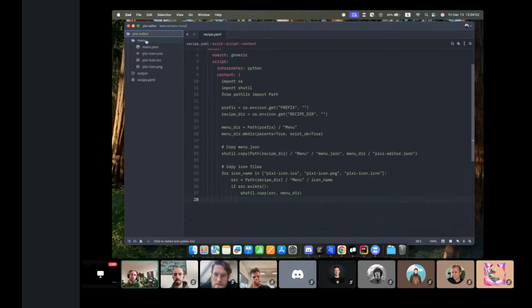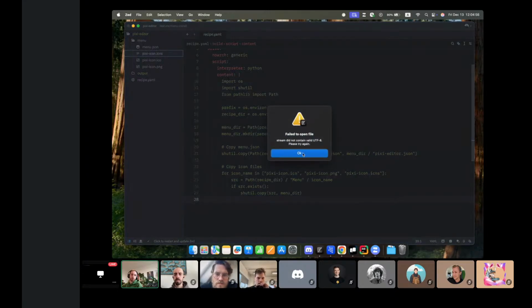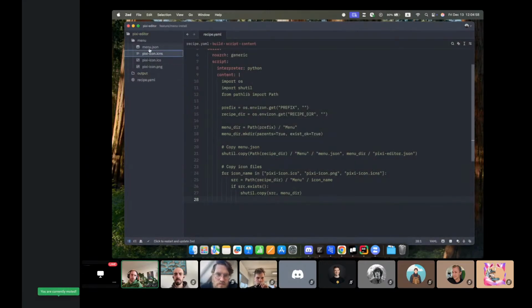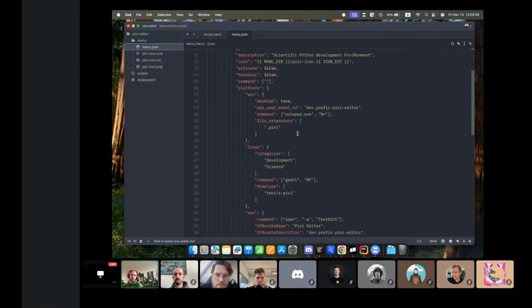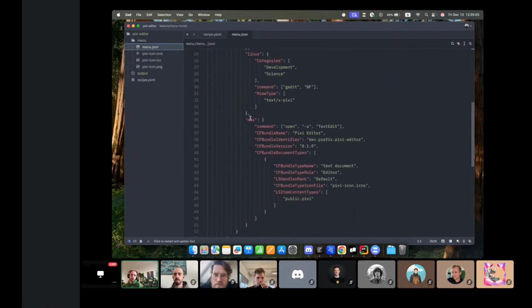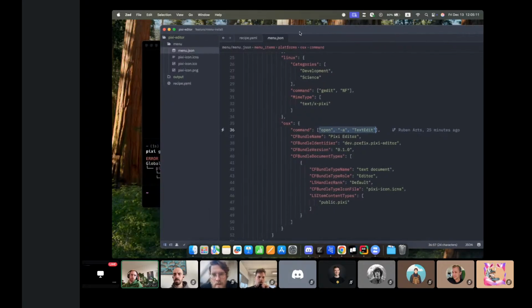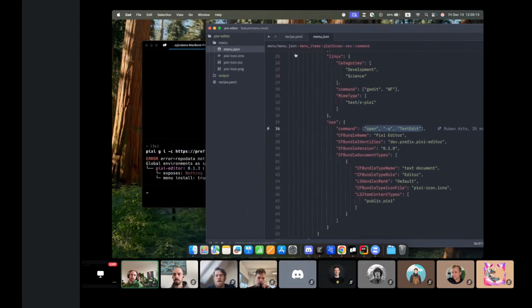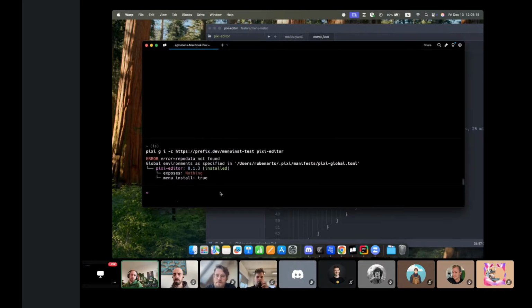It has that menu folder that Jaime talked about. Especially important is that file, which I cannot open in Z apparently, and this information here. So on OS X, it opens TextEdit, has some extra information that you need to add, and then building that recipe with Rattler build simply works, and then Pixie can find this folder and install the